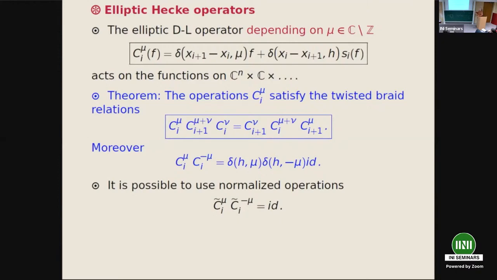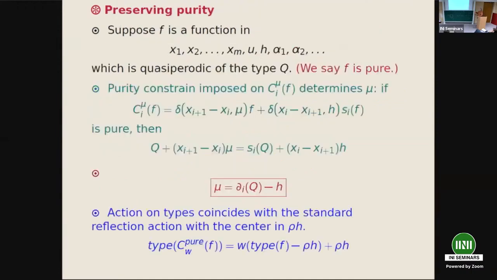So if you wish, you can normalize the operator so that the square, meaning you have opposite parameters, is the identity. Okay, so we have 4 minutes. The conclusion is that I define these operators